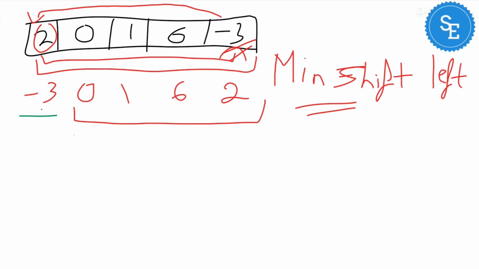part. So in this part, when we are checking, we need to check the smallest number. First we will consider this as the smallest number and see if there is a smaller number available in the rest of the part. So we can see that 0 is the smallest number only, so there will be no swapping this time. So the numbers will be -3 and 0 and 1, 6 and 2.